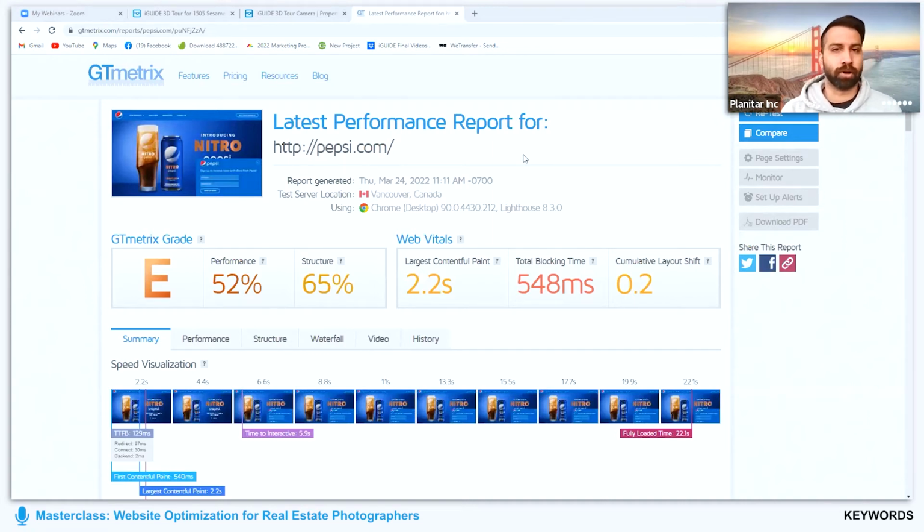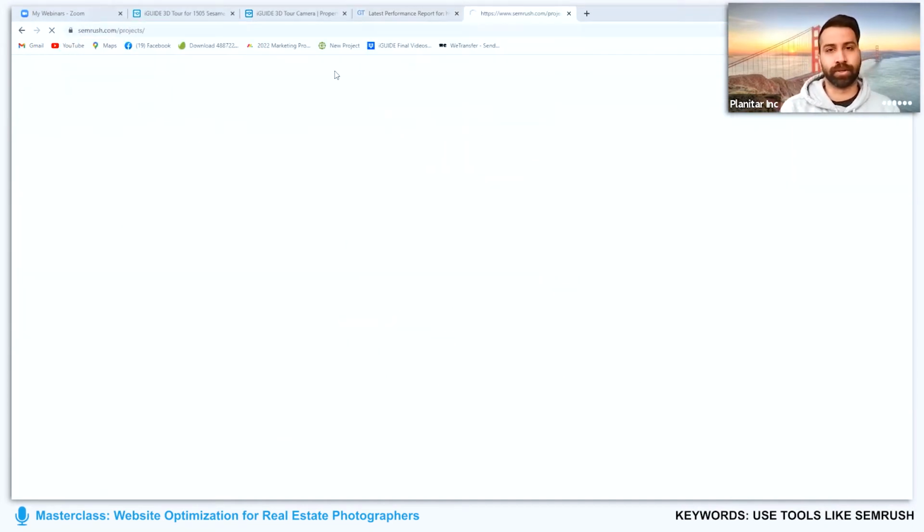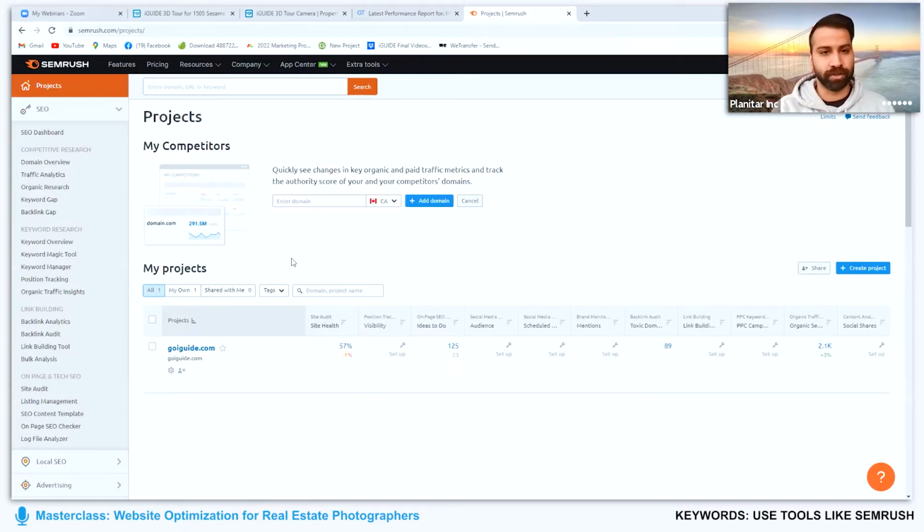If you want to do it more organically, I would 100% request you guys to go ahead and get yourself some kind of analyzing tool like SEMrush, Ahrefs, whatever it is. It gives you access to what's working, what's trending, and what's not. And oh yeah, there it is. This is the one we use. Let's put in something like